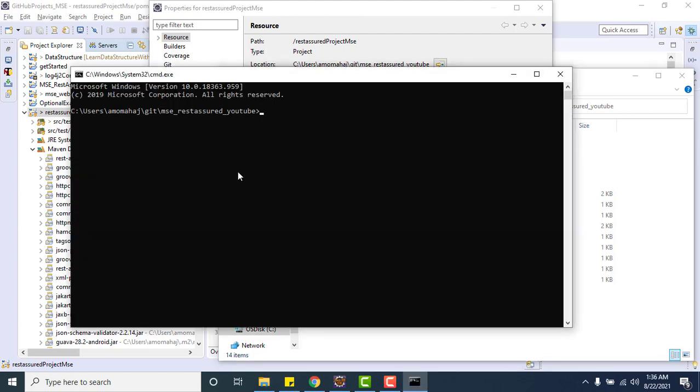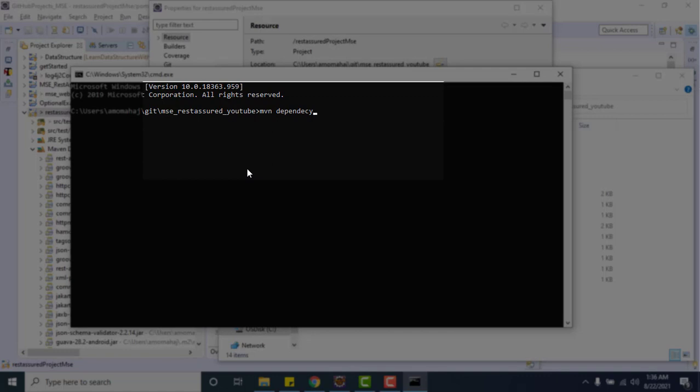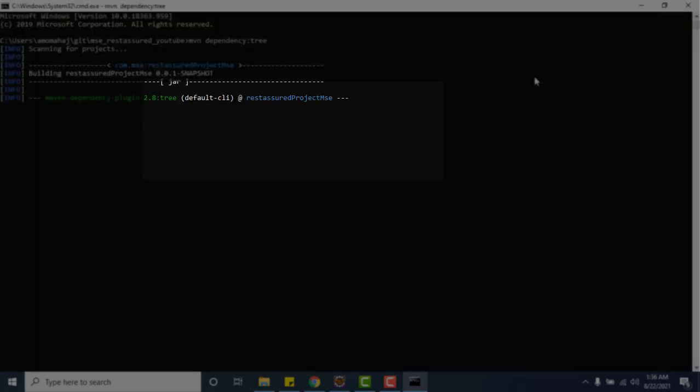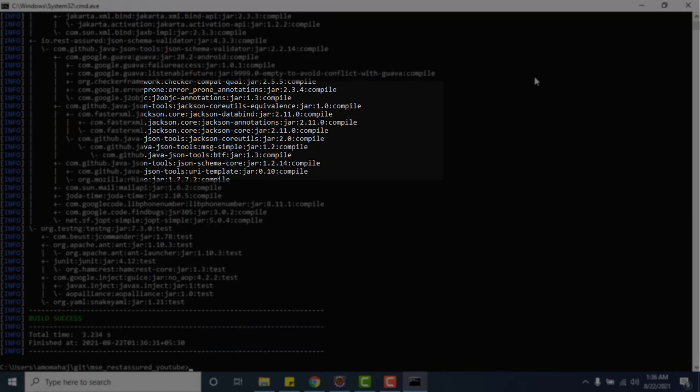Here I'm going to run mvn dependency:tree.